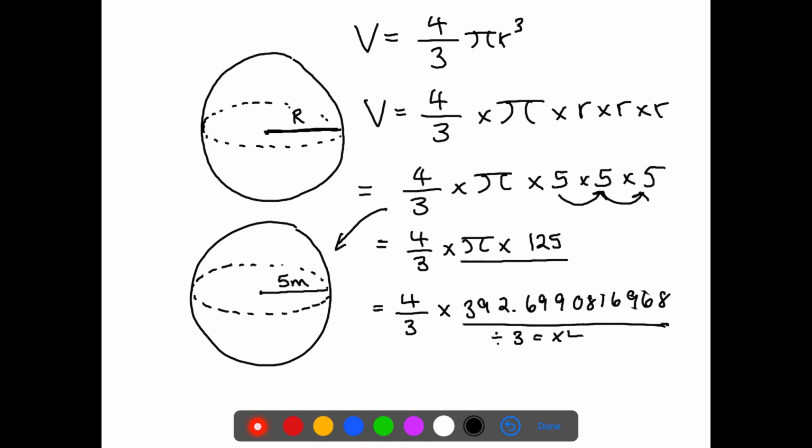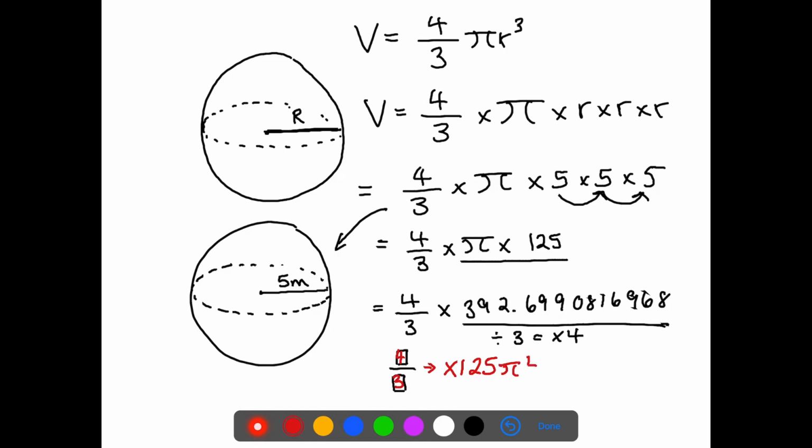Okay, so that's one way. So you could divide by 3 equals and then times by 4. Or on your calculator, you have a little button that looks like this on a scientific calculator. If you press that, it will let you put the numbers in. And then if you click your arrow to the side, you can then press times, and then you can put in